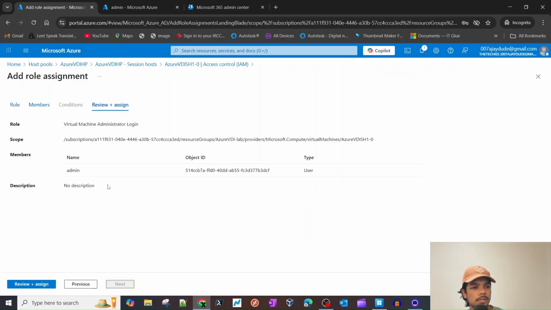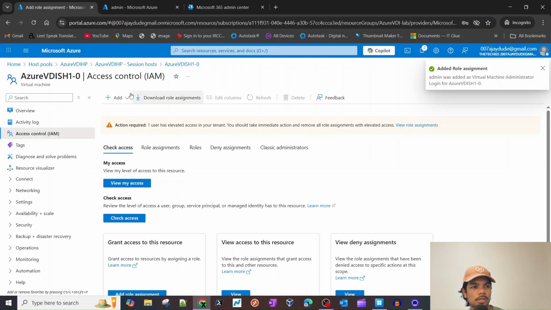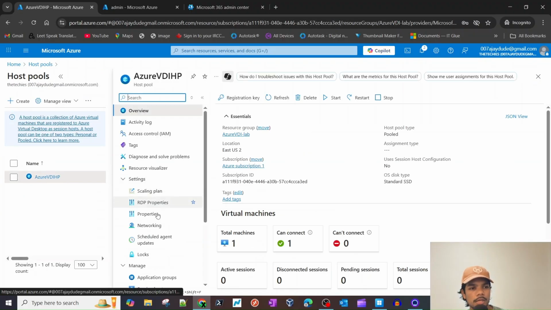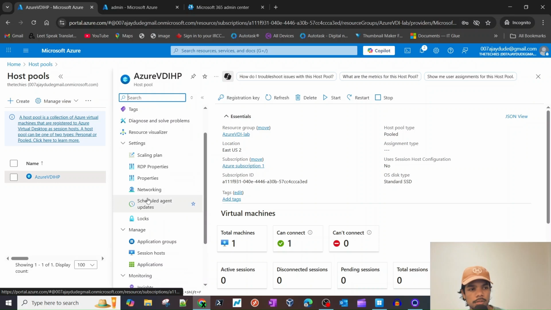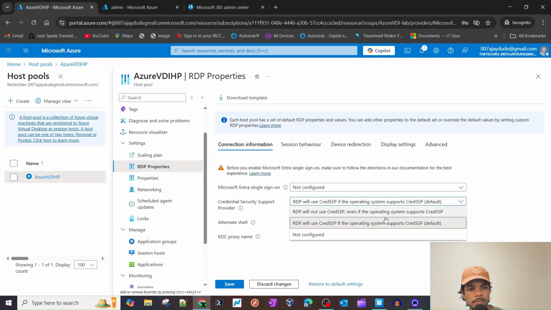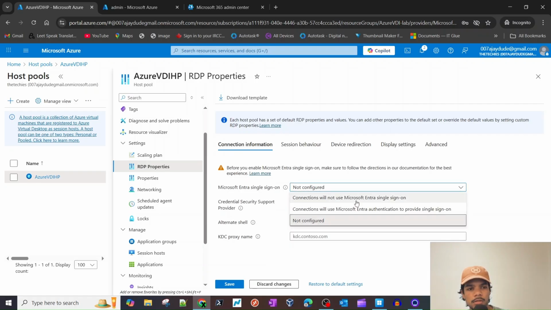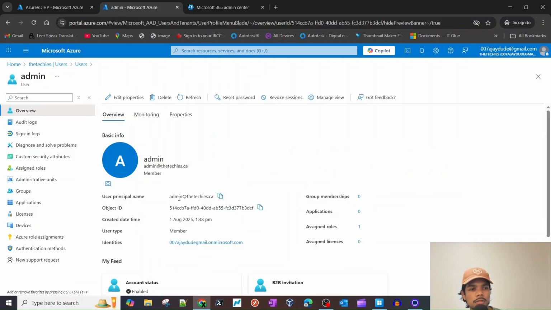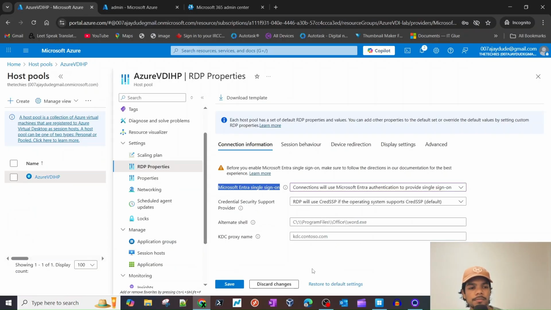Anyways, we assigned this user virtual machine admin login, and now we should be able to log in to the server. So I'm gonna go back to host pool, click on that, and I'll also turn on this setting here, which is to let me use the Entra ID to connect to the server. So Microsoft Entra ID single sign-on will let us use our Entra ID account, which is this, to log into the server. Okay, so we'll hit save,